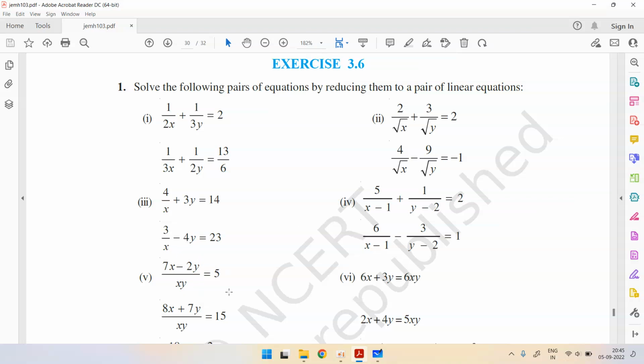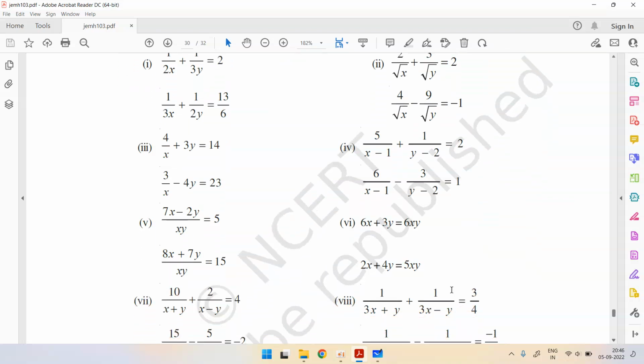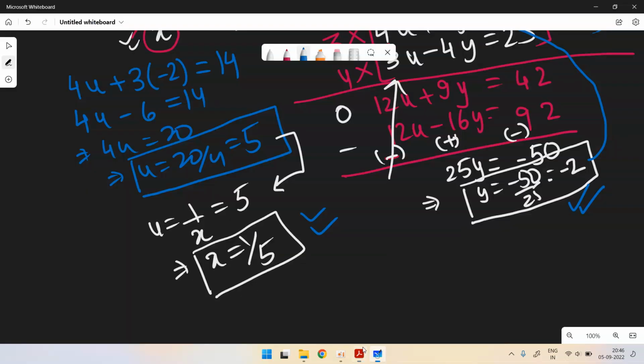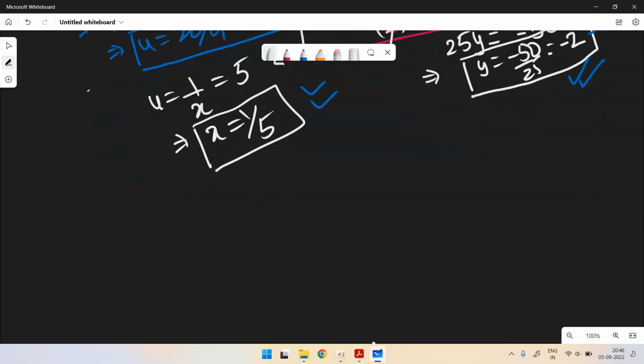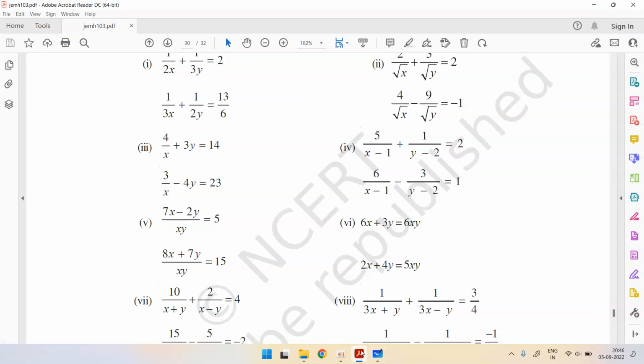But the next question, see, the fifth question. I will be doing the fifth question. It is not tricky, but you need to understand how they can give the question. This is the fifth question. It says that 7x minus 2y equal to 5, and